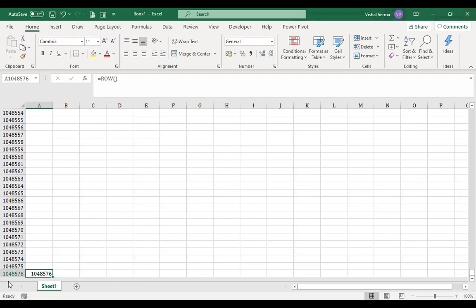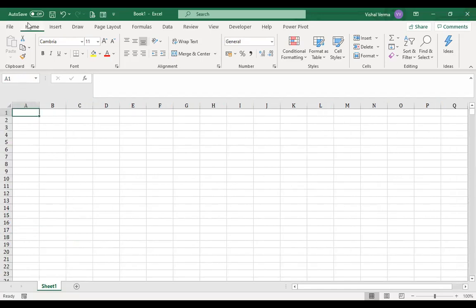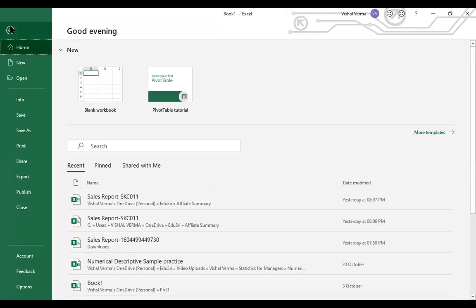We have around 10 lakh rows and so on, so there are n numbers of data that can be available here. So what we can do is just use an add-in function. In Excel we have an inbuilt add-in function. All you need is to activate that.